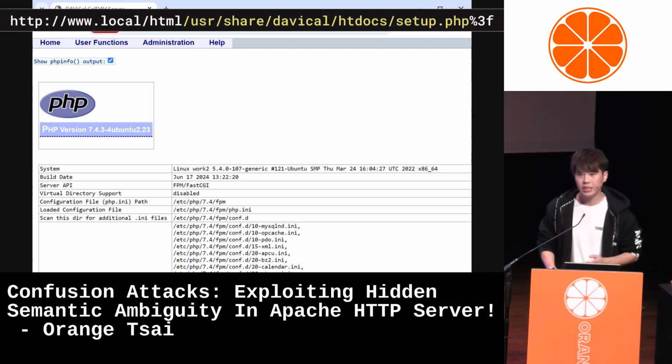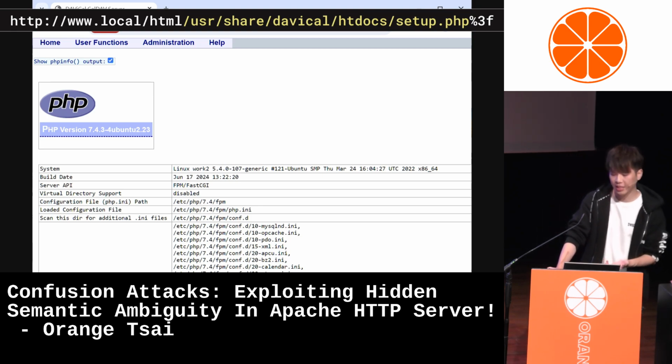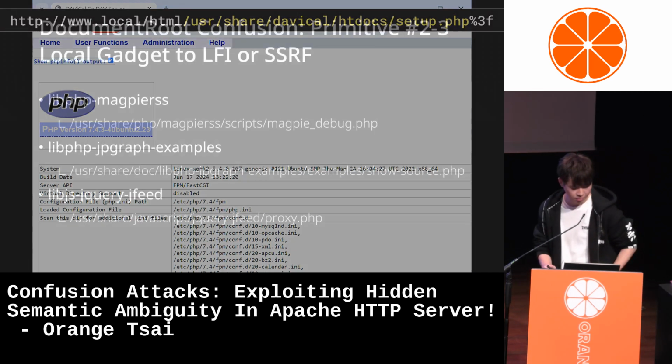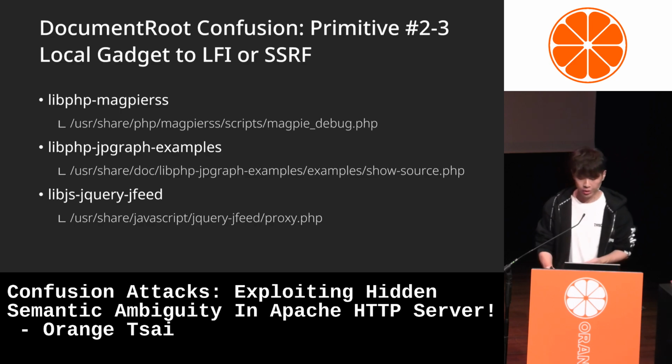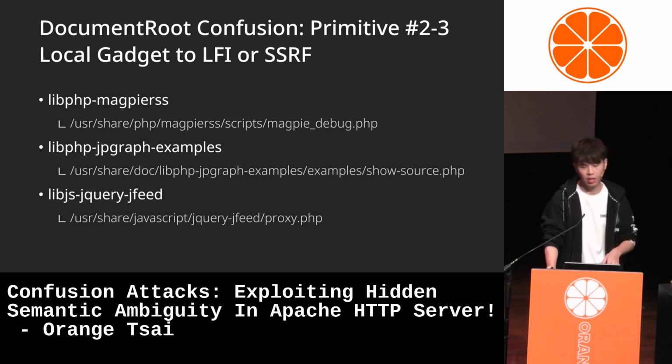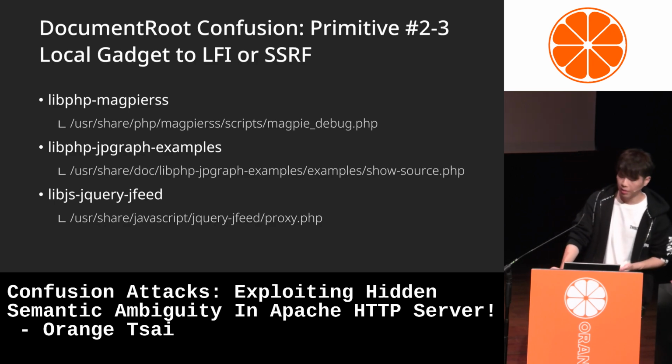Here we demonstrate how to execute phpinfo to leak sensitive information by a Debian package. Even some PHP or front-end packages, their tutorials or debug consoles can be leveraged as well, such as jQuery, MagPie, or JpGraph.